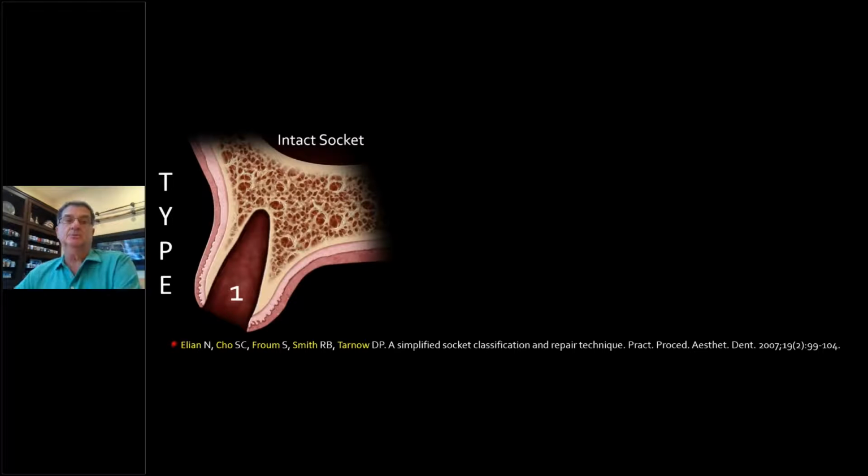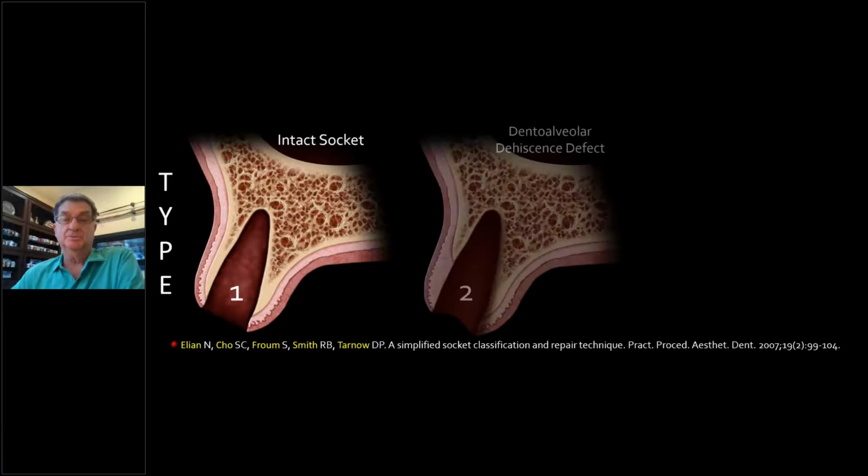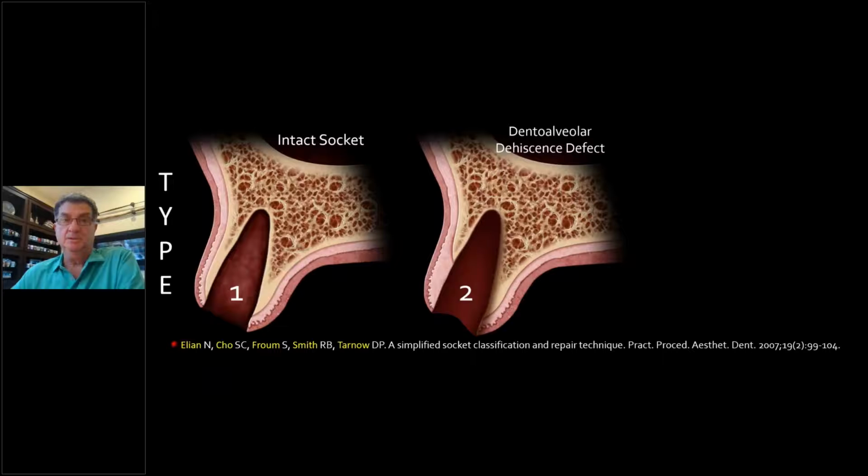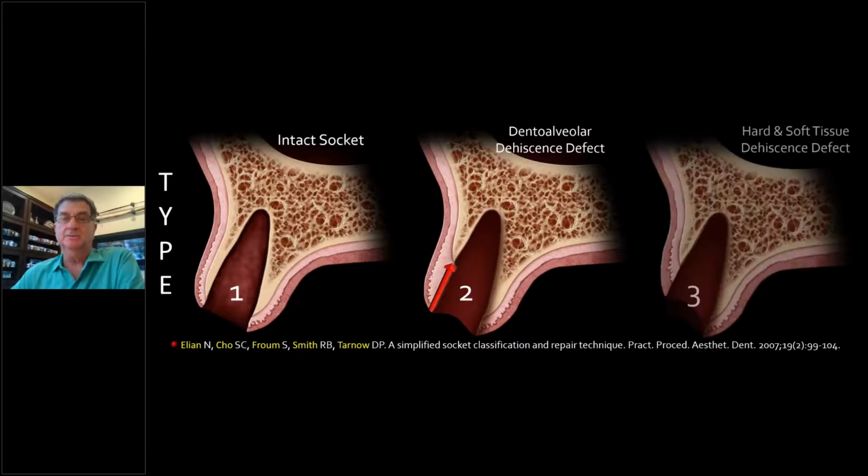Now, basically, there are three types of sockets. I came up with this in the year 2000. I presented this concept at the American Academy of Periodontology, and we finally published it in 2007. There are really three socket types, based on the buccal plate. Other people have different versions of this, but everybody has a type 1 socket, no matter which classification you look at. A type 1 socket is where, after you take the tooth out, you have a buccal plate and beautiful tissue over it. We'll talk about the thickness of the bone in a second.